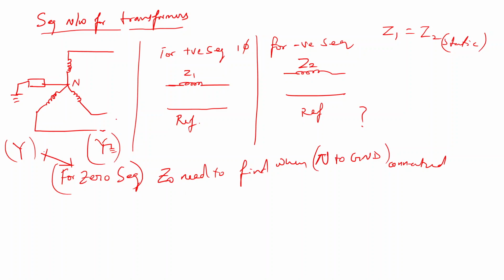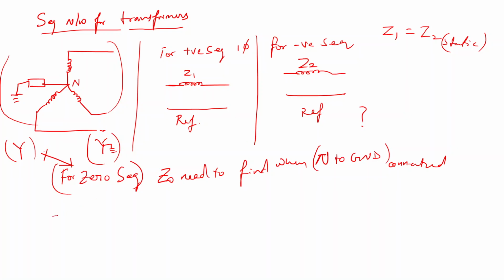If you have seen, especially in this case, the neutral is connected to ground, so definitely I will have zero sequence. How much value, that you need to find out. But before that, whether it is there or not, how we can simply tell is whether the neutral is connected to ground or not. If it is connected to ground, find out Z0. Otherwise you don't want to do zero sequence for the transformer when neutral is not connected to ground. So this point you need to consider.